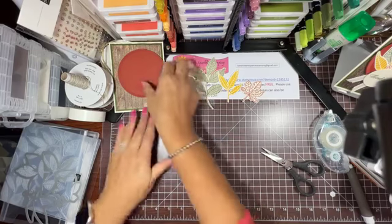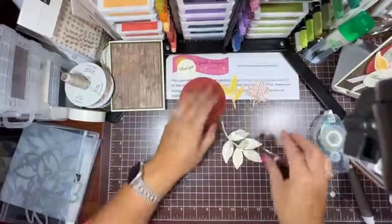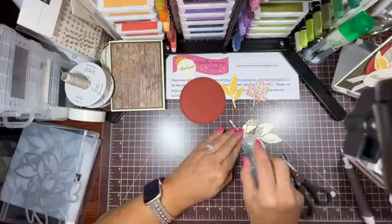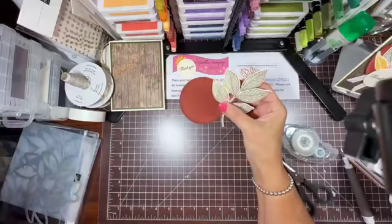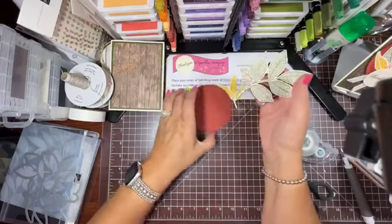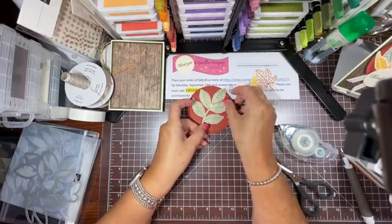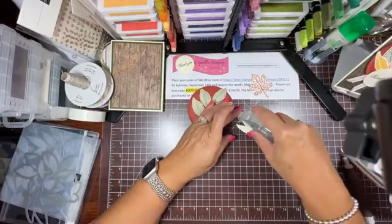Okay, so let's start building our card on here. And I'm gonna start with this flat. You can see when I was doing this and putting this together, I wasn't happy with the way it came out, so I flipped over my sheet and re-stamped it on the other side. All right, I love this Cajun Craze circle. I think it's so pretty. And I'm gonna have it come off the circle just a little bit, just because I like the look of that. And then I'm gonna do the same here